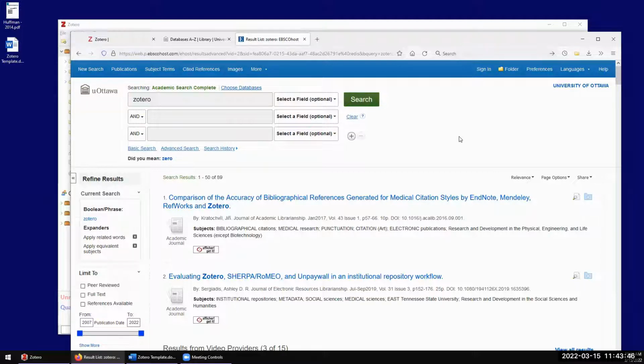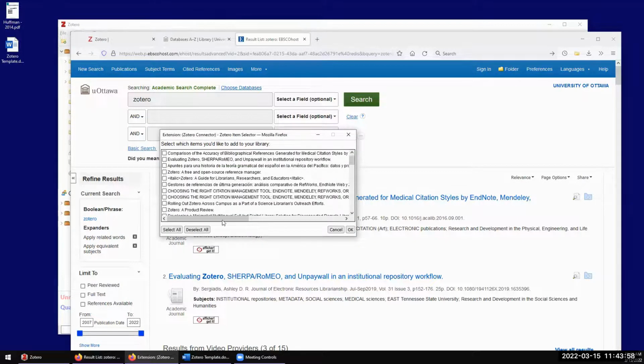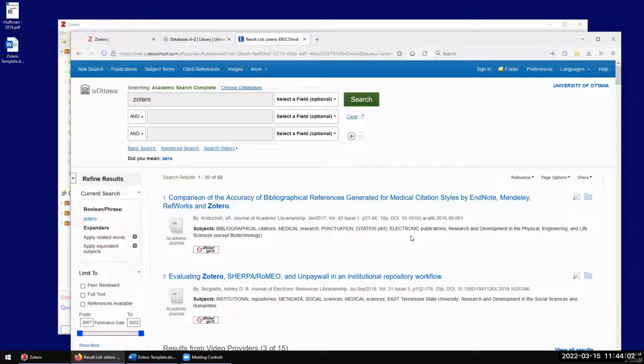With this, there's a couple ways I can go about pulling this into Zotero. I can do what I did before, where I click the browser button. And again, I can select all of those 50 items that I want to save over to Zotero. The other thing that I can do, though, is now